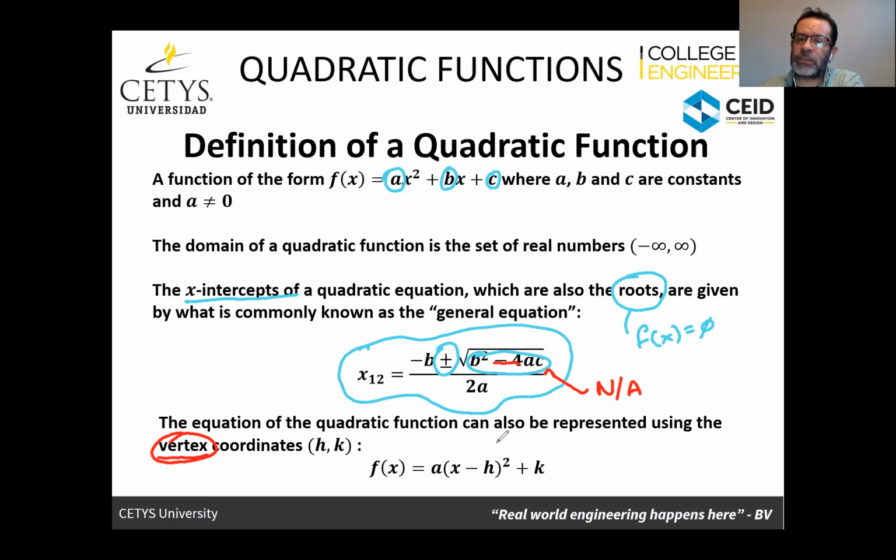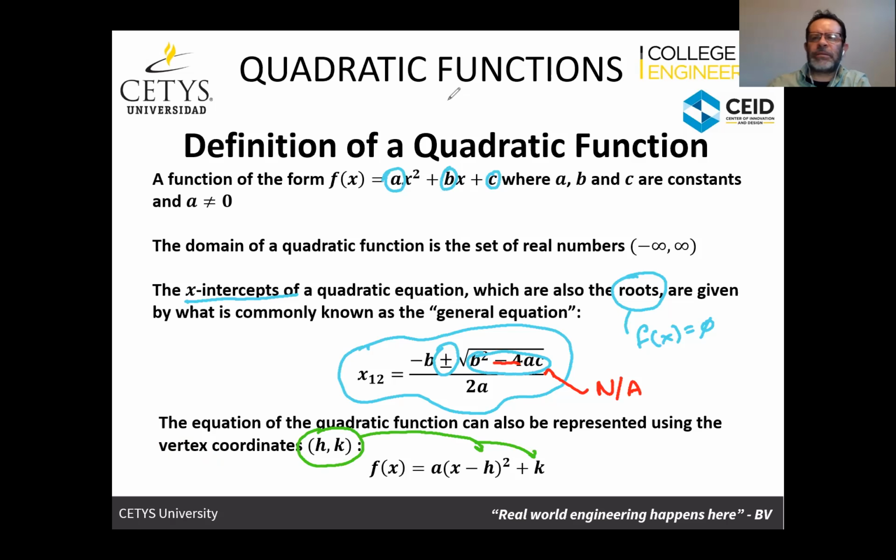If we know the coordinates of the vertex, then we can represent the parabola this way, which is called the vertex representation. So if we know h and k, it can be used to represent the quadratic expression that way, which is a multiplied by x minus h squared plus k. The signs there are going to be important when we work with the parabolas and how to be able to represent them and understand their behavior, because